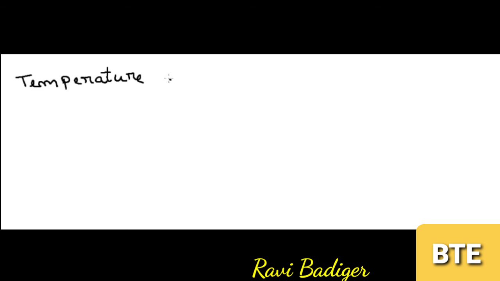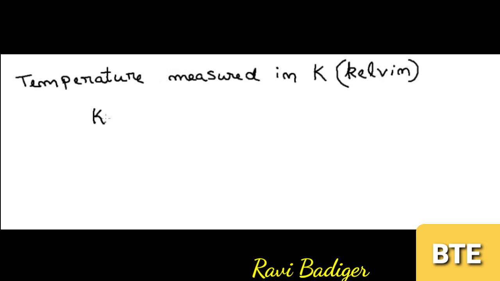Therefore, we need to remember power is nothing but rate of doing work. It is measured in joule per second as it is work by time, or it can also be measured as watt. There is one more bonus, that is temperature. We know that temperature is measured in Kelvin. Here Kelvin is always written as capital K. Some people write this as degree Kelvin, which is wrong. Kelvin should be written as capital K only.